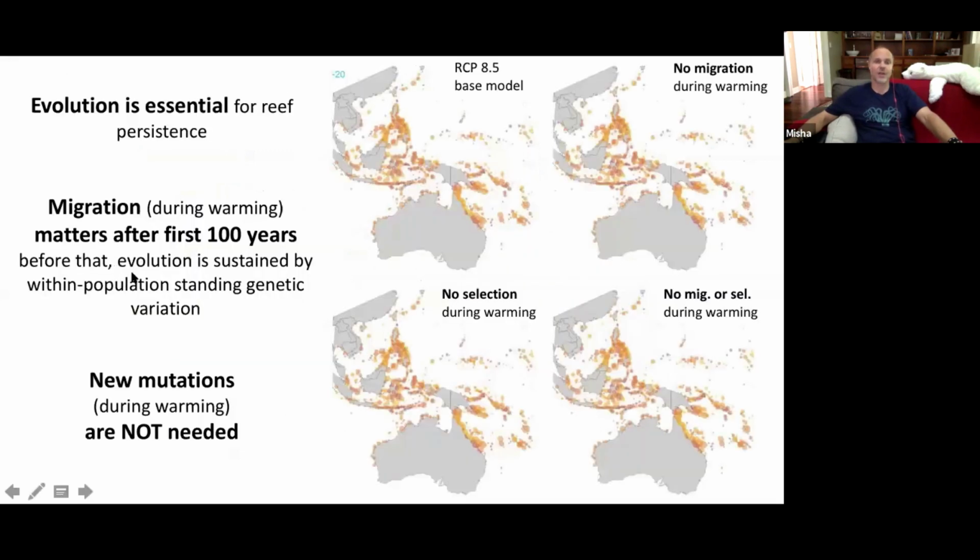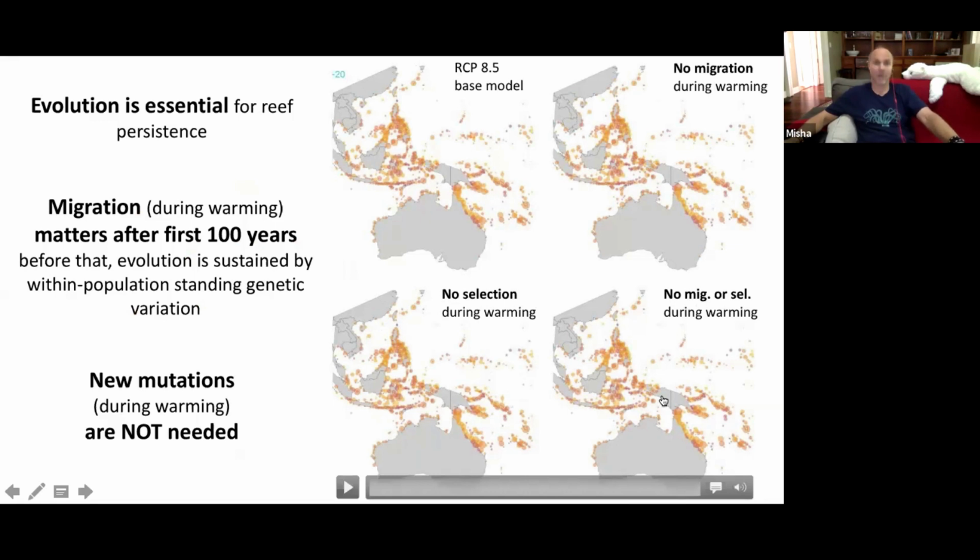So here are 4 scenarios. This one is the same as the business as usual I just showed you. This one is where we switch off any migration after the onset of warming. So there is migration before, so it starts from the same place, but then we say no migration as the warming starts, switch it off. Here we switched off both,